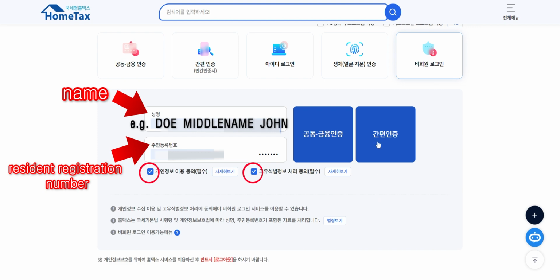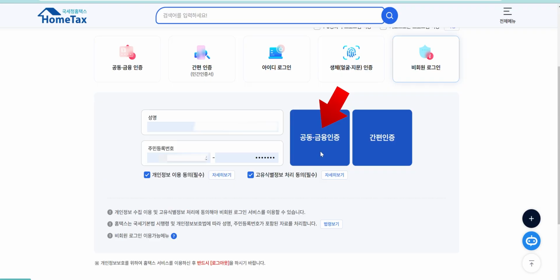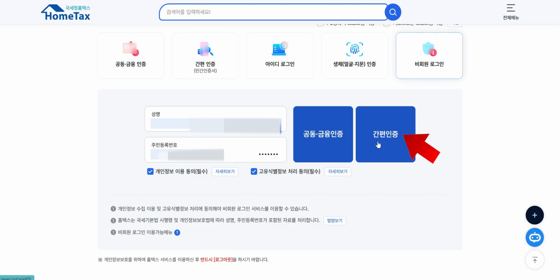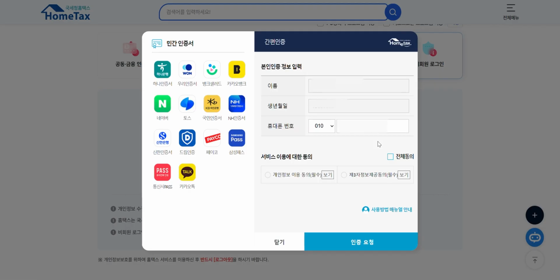If you have a security certificate, for example, one that you use for internet banking, you can click here, find your certificate, and then enter the password, and it should let you log in. But today, we're going to go for 간편 인증, which is going to use a third-party app to verify your identity. Now you should see this pop up, which has all the different third-party apps that you can use to